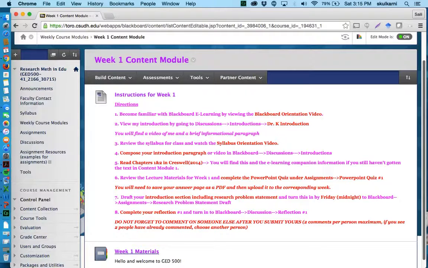So step 6, after you've read those chapters, you're going to review lecture materials. And then every lecture will have an associated PowerPoint quiz under assignments and then PowerPoint quiz. So I'll show you where those are as well. And then I'll also show you what the different sections look like for your research proposal, which is the big